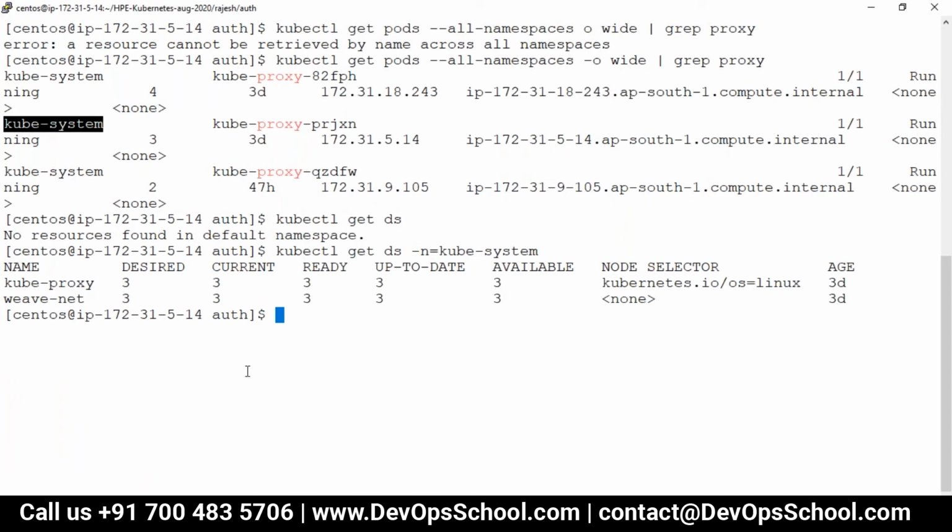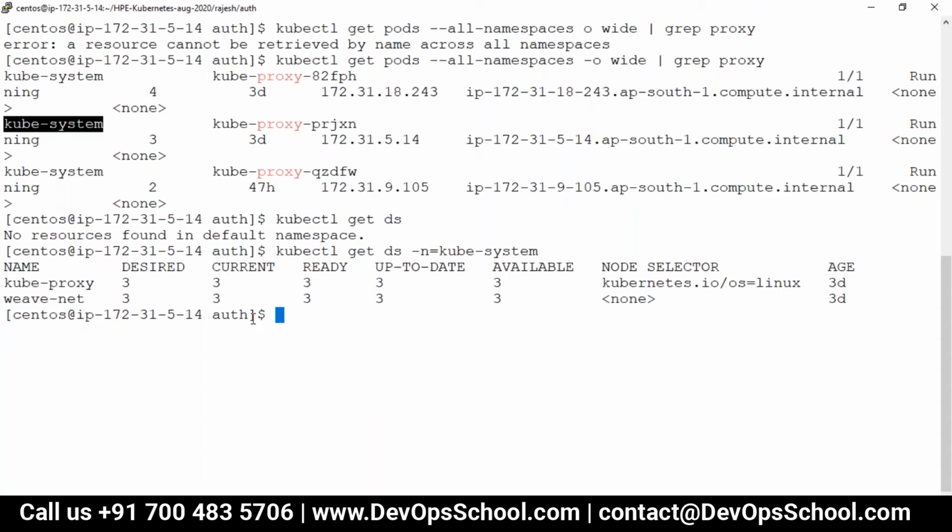A daemon set is basically to run one pod on each node, to make sure that there is one pod on each node. But metric server and metrics scraper are a way to gather the metrics from the pods and containers. So both are different activities.